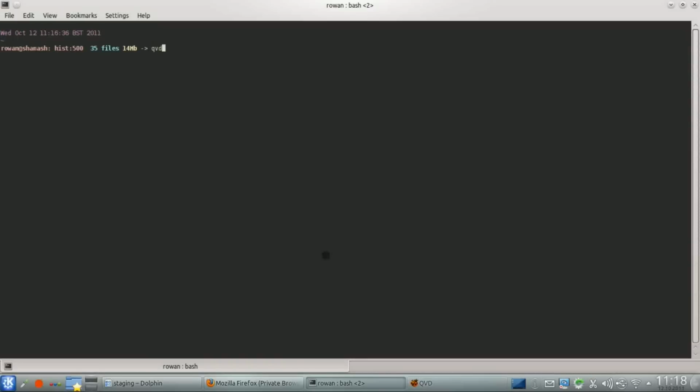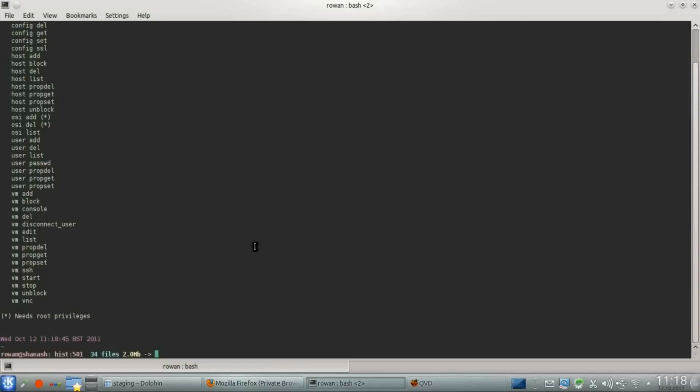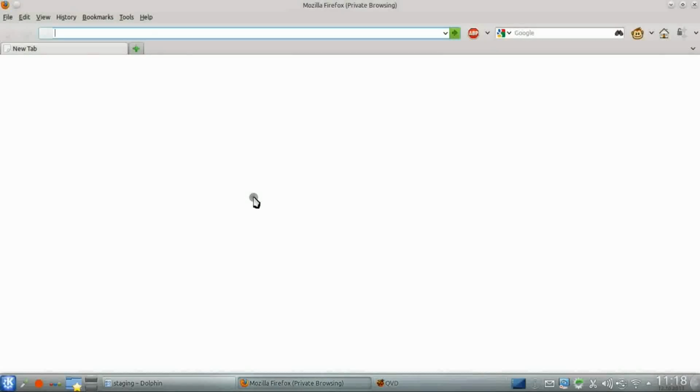It's worth mentioning that QVD also provides a command line tool to perform all of your administrative tasks directly from the shell. That's useful to know because if you need to automate user creation for batch migrations, it's very easy to do. For now, we want to show you how simple it is to perform day-to-day management within our intuitive